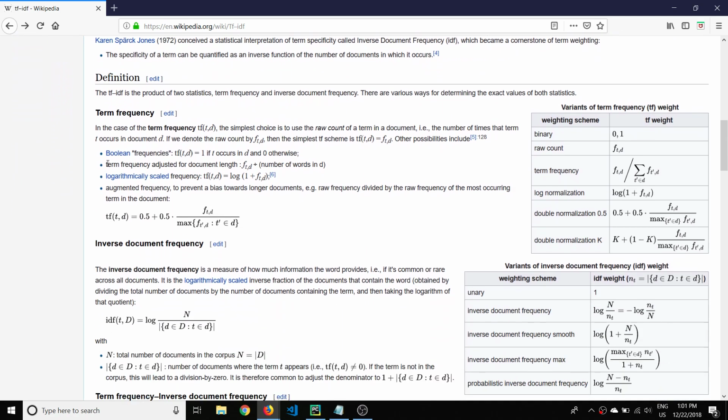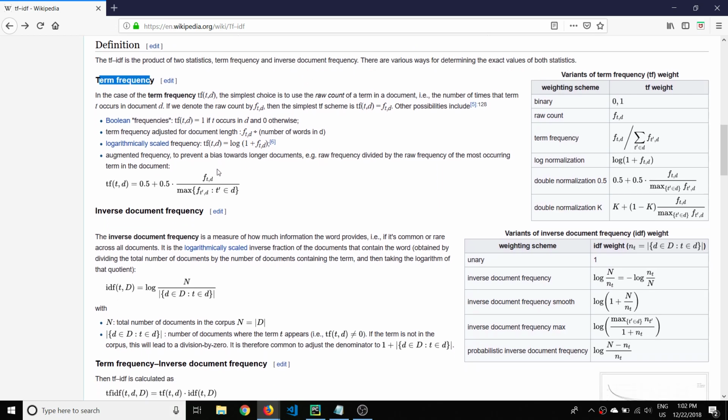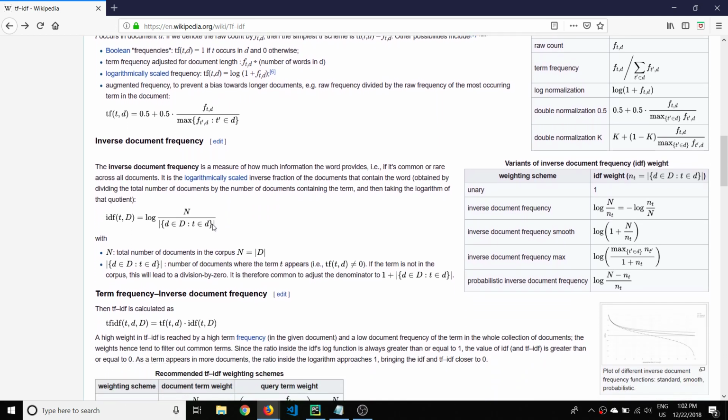And I'm using the normalized one in this calculation instead of what's called the raw count, just counting the words. I just divided it by the number of words in the document. So basically you get the frequency of each word and divide it by the total number of words in the document, and that's your term frequency. Not super difficult. And then the inverse document frequency is just going to be the number of documents,